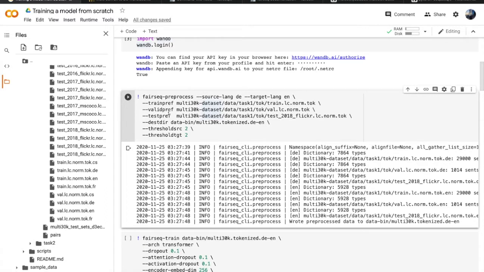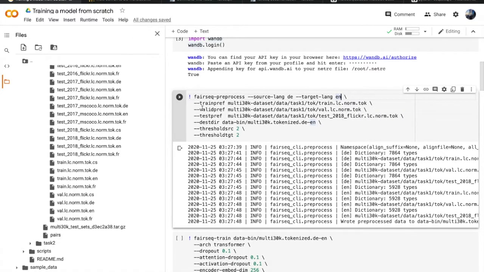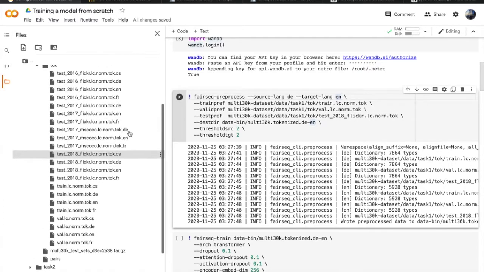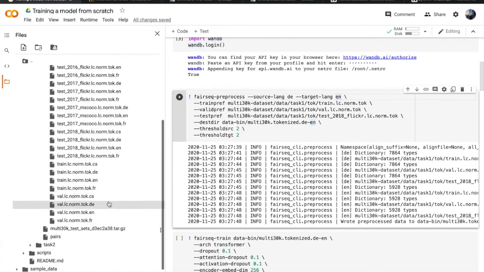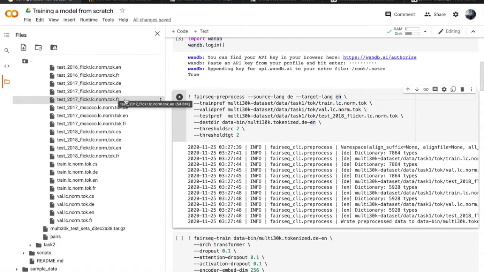So the parameters that we are passing for the Fairseq pre-process are the source language that we want to translate and the target language that we want to translate it to. The train prefix, valid prefix, and test prefix are the entire path of the train dataset, validation dataset, and the test dataset, except the last extension for the language.